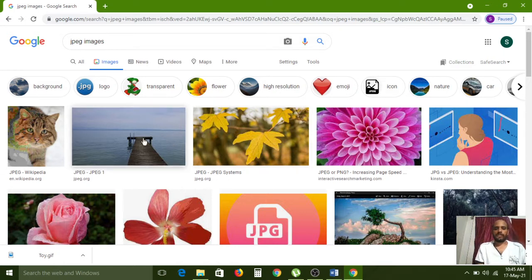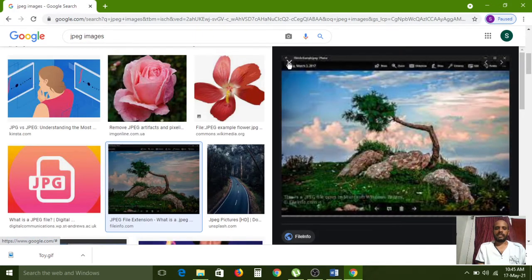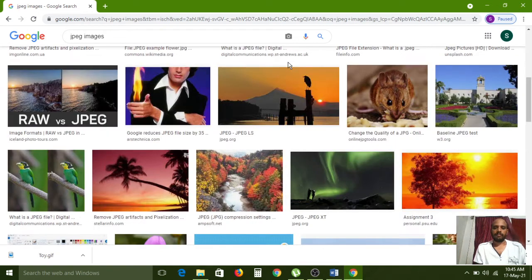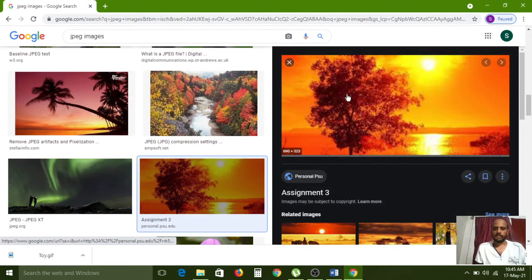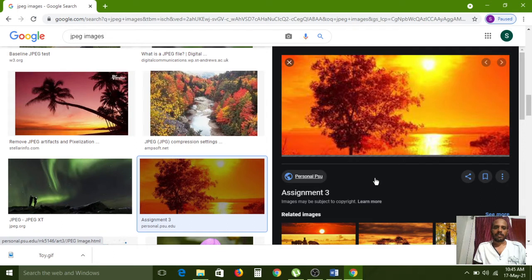So all of you carefully observe. JPEG images contain rich colors. They contain the rich color format. Now I am saving this one.